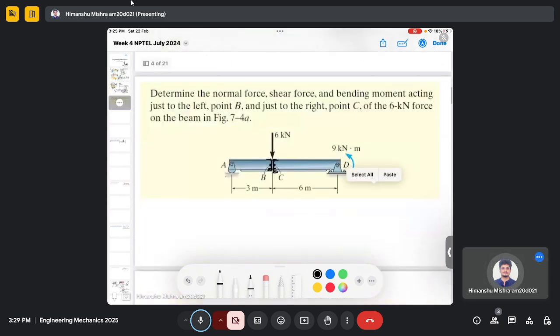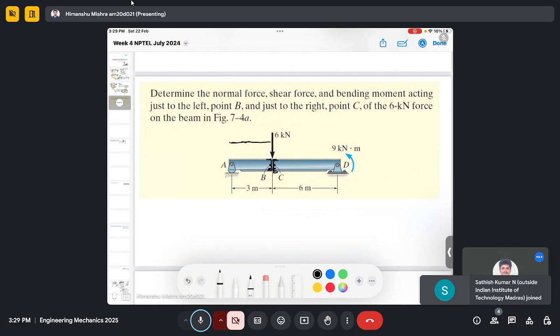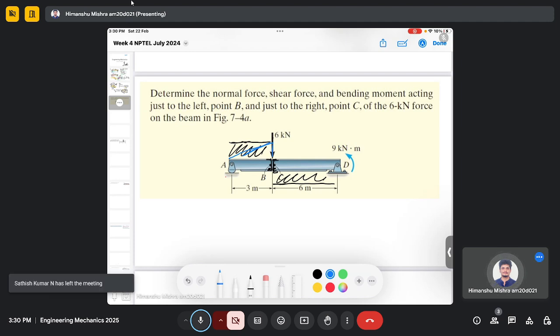whereas the shear force remains constant throughout except at this discontinuity where we experience the point force. So in this example also, based on the previous discussion, we can expect that the shear force will be constant here, and since it is experiencing a point force, there will be a discontinuity, and after this point force again the shear force becomes constant. Something of that sort of behavior we will get here as well. And the bending moment should again increase in a linear fashion, and after it experiences the external loading, it will change to some value, and after it changes there will again be a linear variation